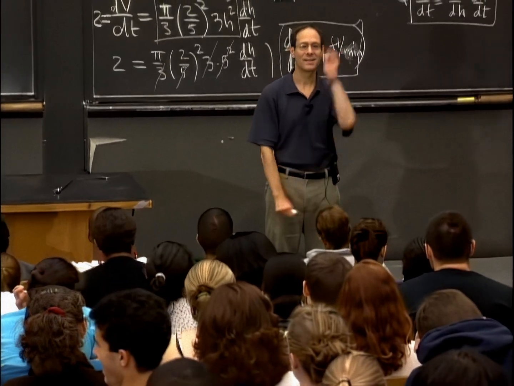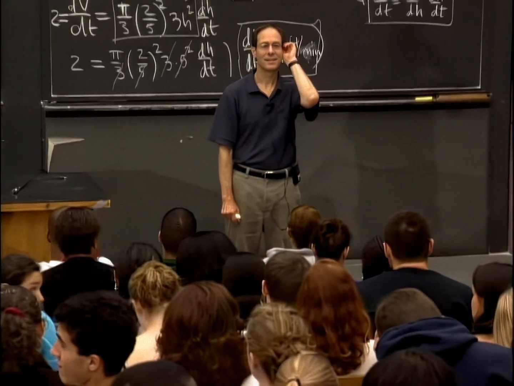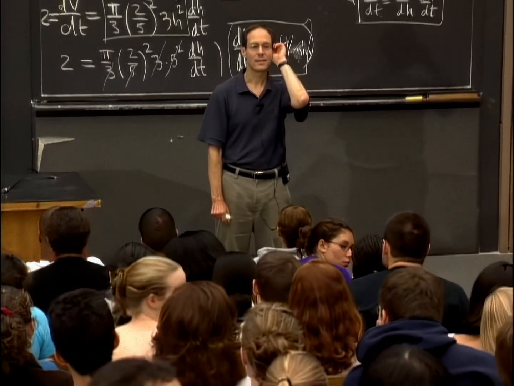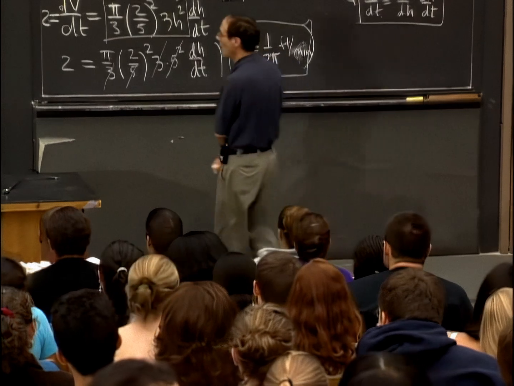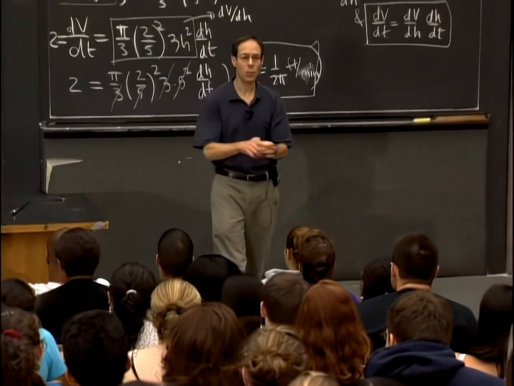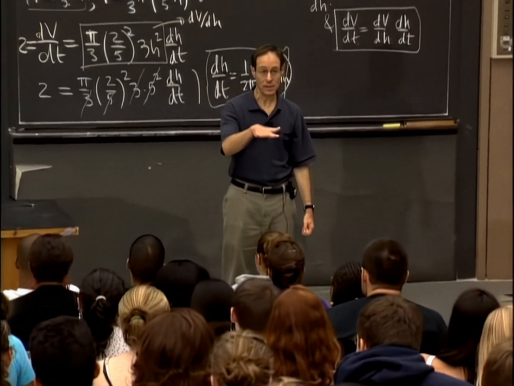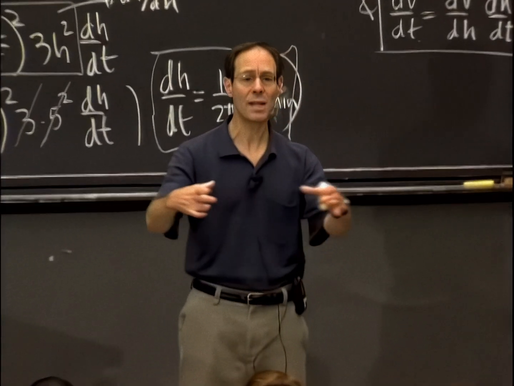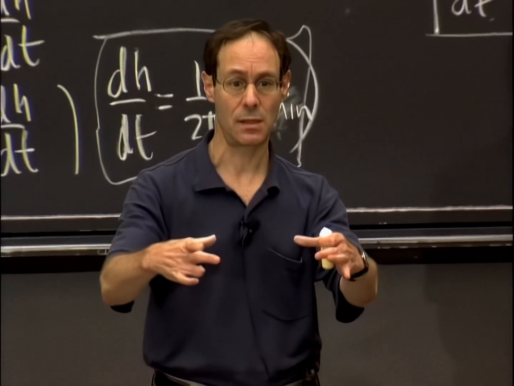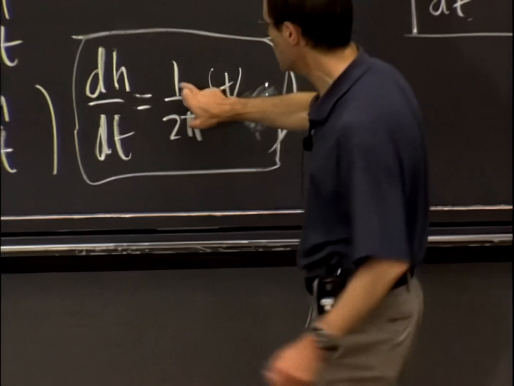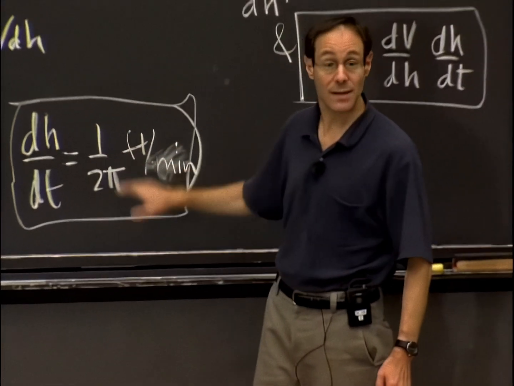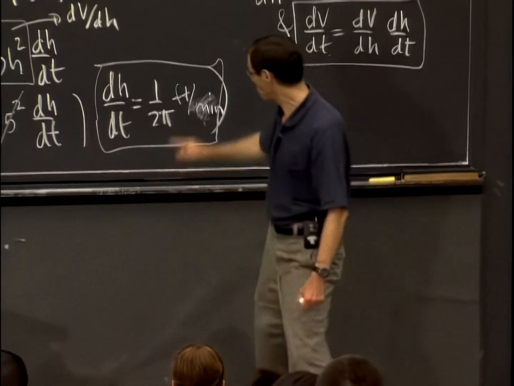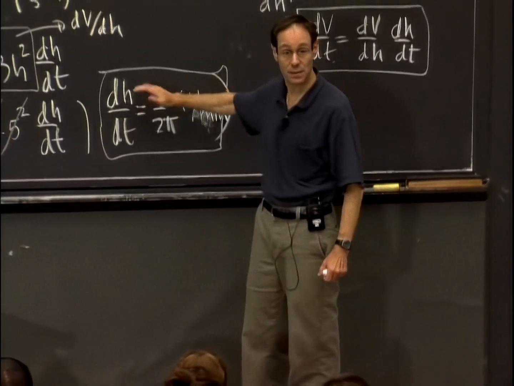Way back there. I don't understand, why did you have to do all that? Isn't the speed 2 cubic feet per minute? The speed at which you're filling it is 2 cubic feet, but the water level is rising at a different rate depending on whether you're low down or high up. It depends on how wide the surface is. So in fact, the answer wasn't 2 cubic feet. There is a rate there. That's how much volume is being added. But then there's another number that we're keeping track of, which is the height, or if you like, the depth